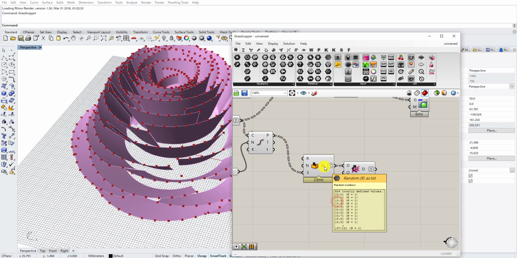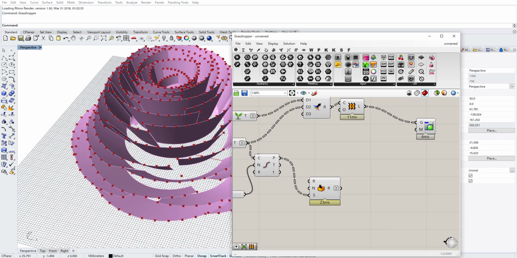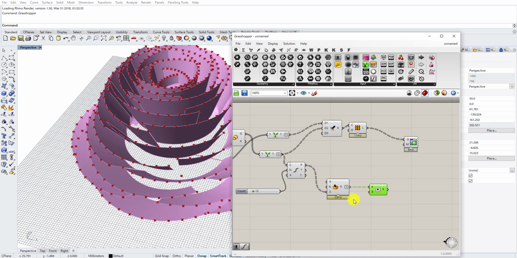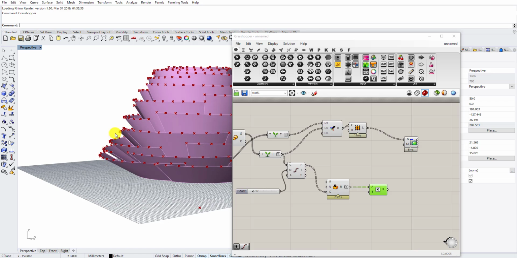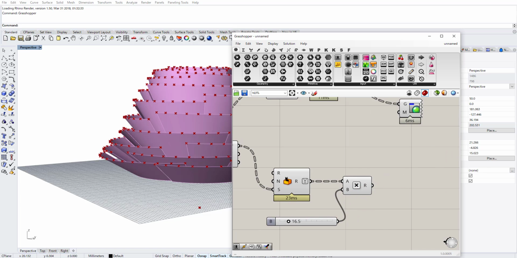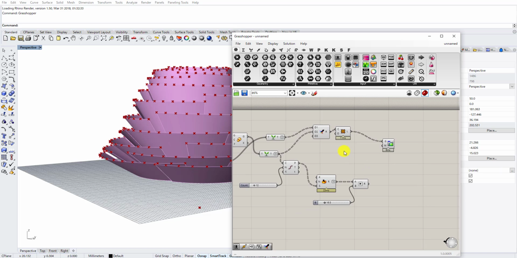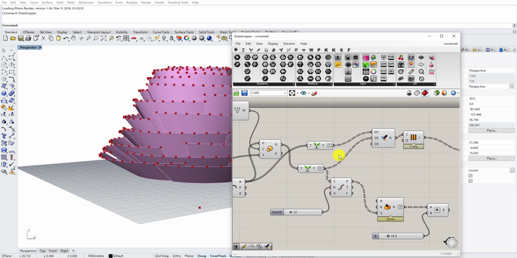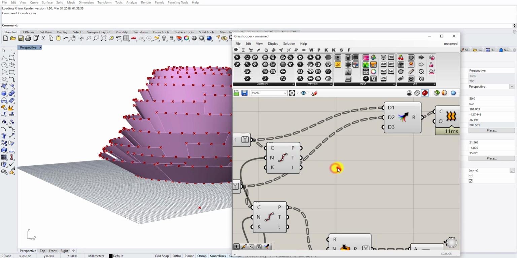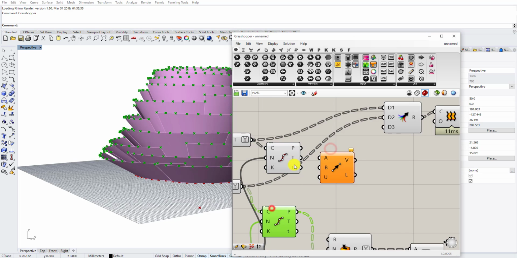I should be simplifying this. Oops. Okay. And let's multiply this value by the value that I wanna randomize the edges. Could be somewhere around here. And let's also divide the base curve as well and make a vector 2 point from base